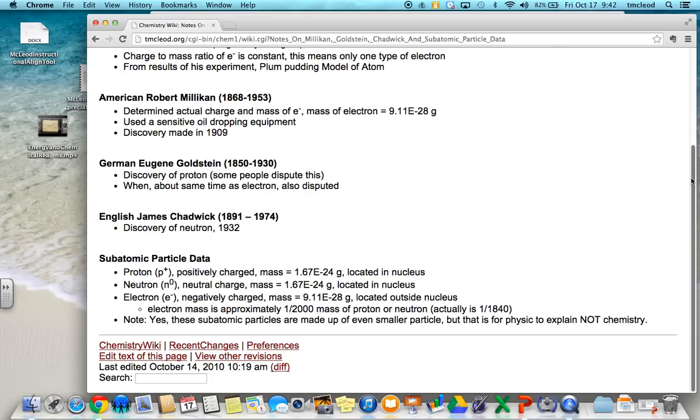And then the electron is the negative charge substance, which is basically 1/2000th the mass of the proton or the neutron. So the nucleus is where almost all of the mass of the atom is located. Again, the next thing we will talk about is Rutherford's experiment that will actually come up with this concept of the nucleus. So, thank you.